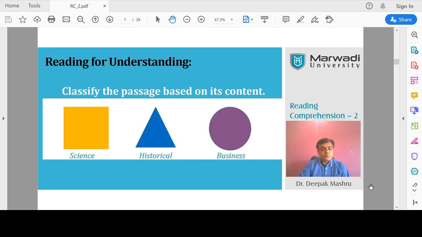Now, I mentioned that to find out the purpose of the reading, you need to understand what can be done. So what you can do is classify the passage, whether it is science based, historical based, or business based. Once you find out what the essay or the paragraph is about, you can have a little background based on your understanding and your knowledge till date, what you have acquired from different sources, that can help you. So that is the important thing.